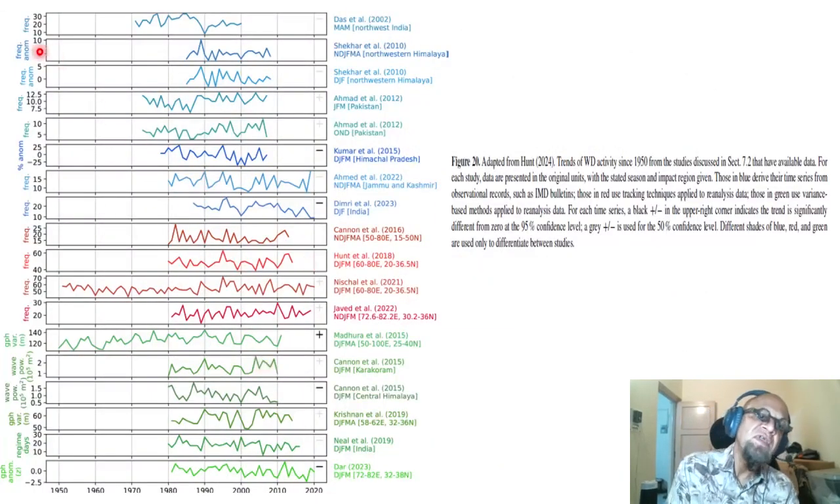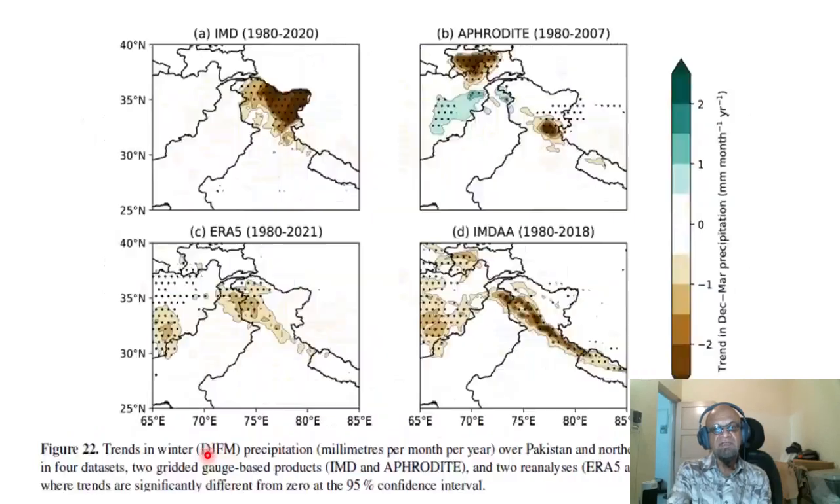They are looking at frequencies, frequency anomalies, percentage anomalies, and GPH variability, wave power. Various proxies or regime days, various proxies are used to estimate WD trends, but results are not very convincing. Trends in winter DJFM precipitation in millimeters per month per year over Pakistan and northern India since